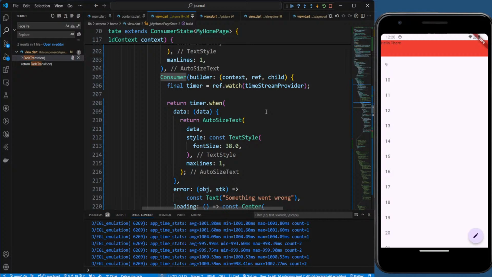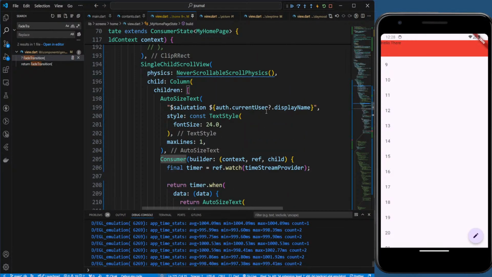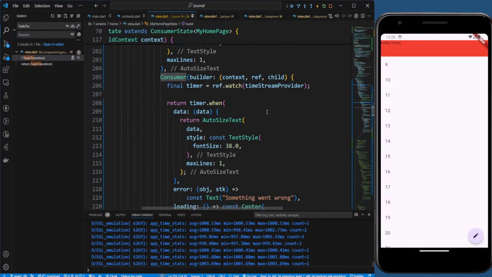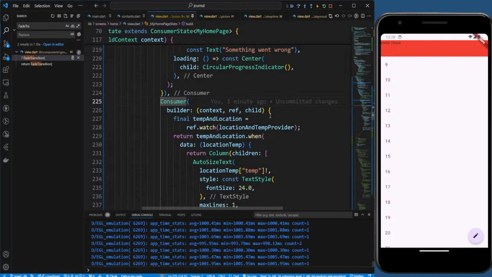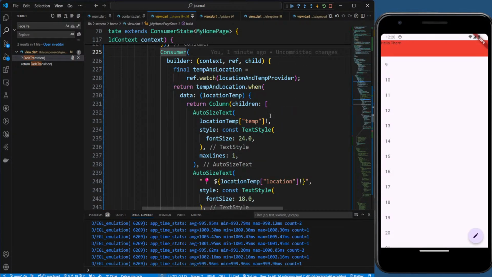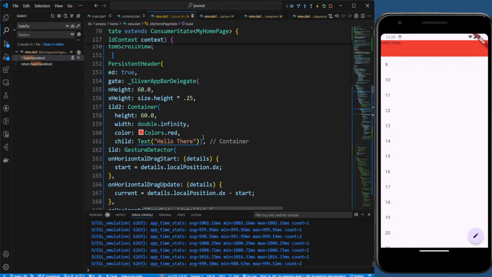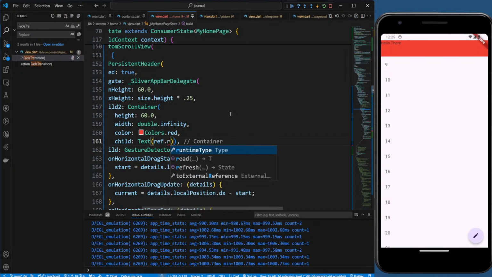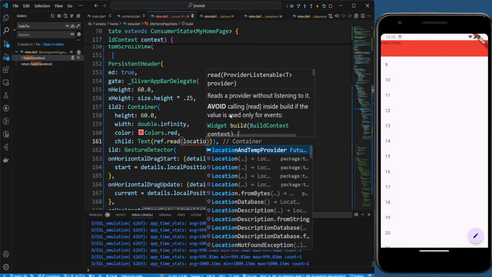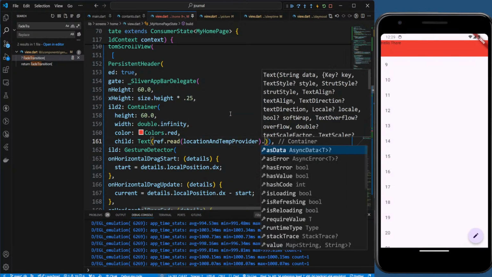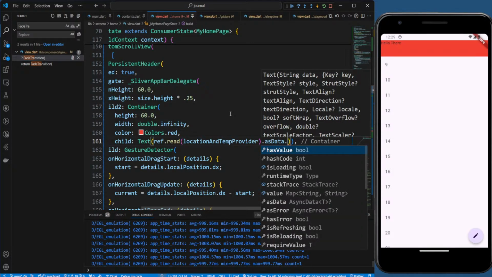This one. Date, location and time, date provider dot data dot